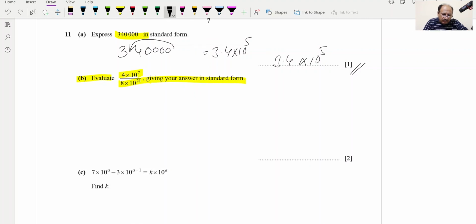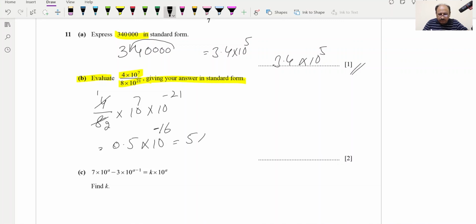So what we can do, we will keep 4 over 8 as it is, and 10 raised power 7 we can shift over like this one, and 4 twos are 8, so this will be 1 by 2, or we can write 0.5 into 10 raised to the power will be 7 minus 21, so it will be 14 minus 14. So further we can write as 5 into 10 raised power